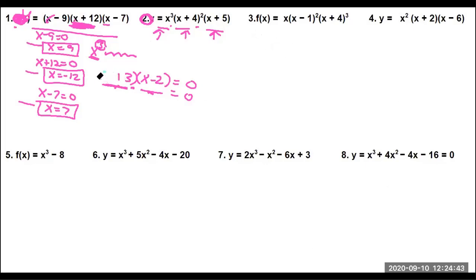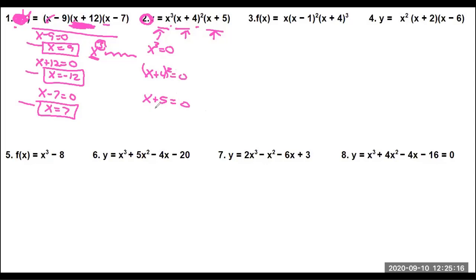So all I'm going to do is take each one of these guys and separate them. I'm going to take this first factor and say x to the third equals 0. And then I'm going to take the next one and say x plus 4 squared equals 0. And I'm going to take the last one and say x plus 5 equals 0. Now,